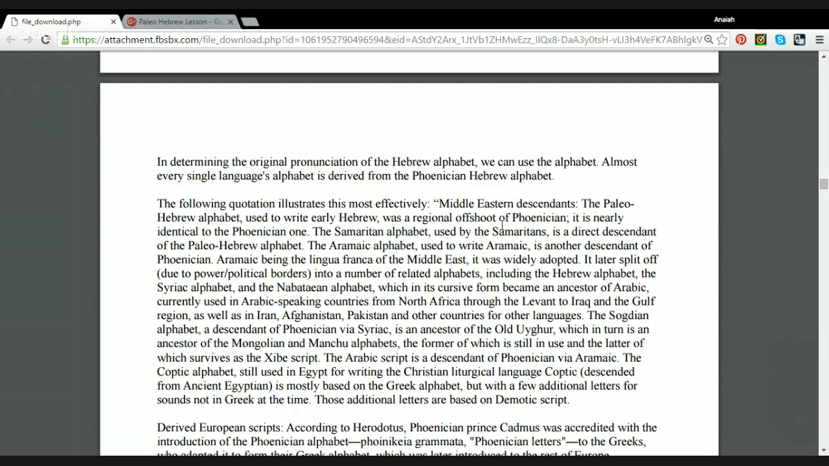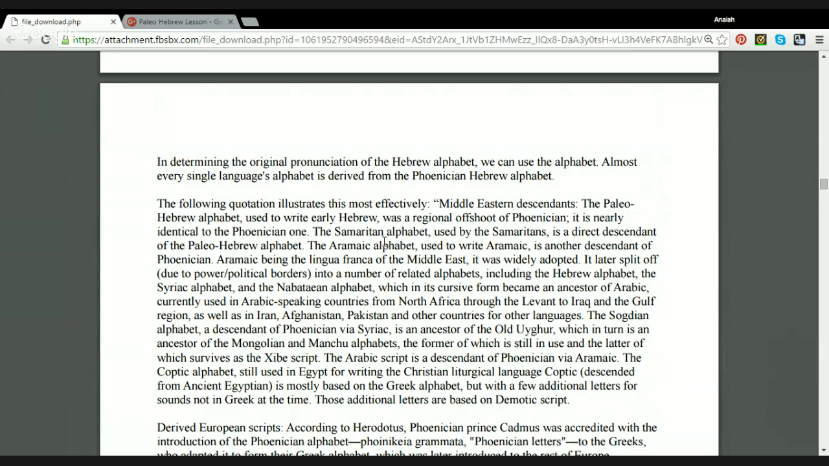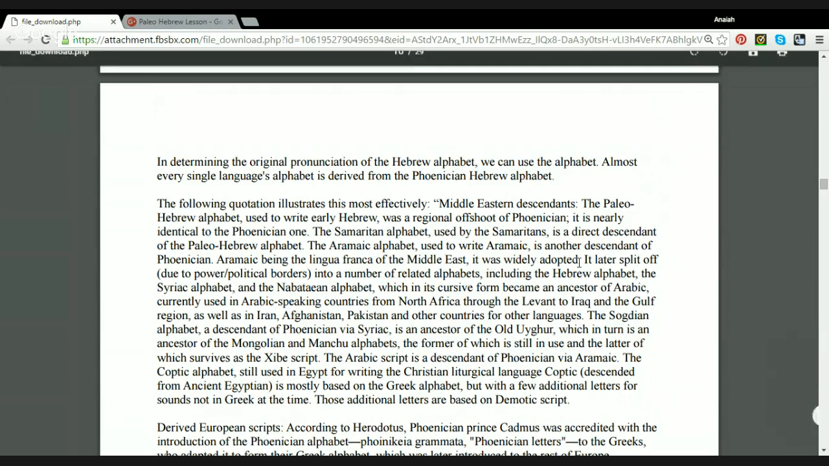So it says, Middle Eastern descendants. The Paleo Hebrew alphabet used to write early Hebrew was a regional offshoot of Phoenician. It is nearly identical to the Phoenician one. The Samaritan alphabet used by the Samaritans is a direct descendant of the Paleo Hebrew alphabet. The Aramaic alphabet used to write Aramaic is another descendant of Phoenician. Aramaic being the lingua franca of the Middle East, it was widely adopted. It later split off due to political or power borders into a number of related alphabets, including the Hebrew alphabet,